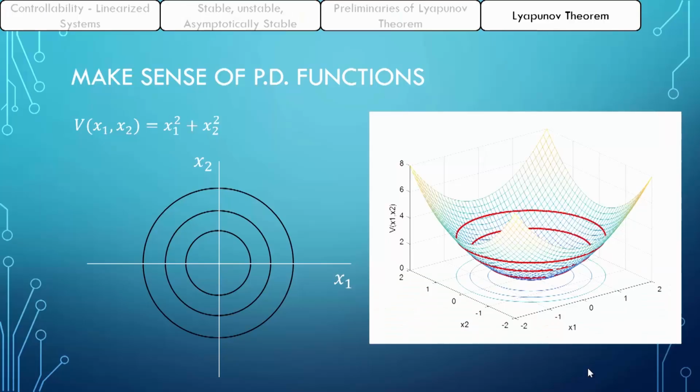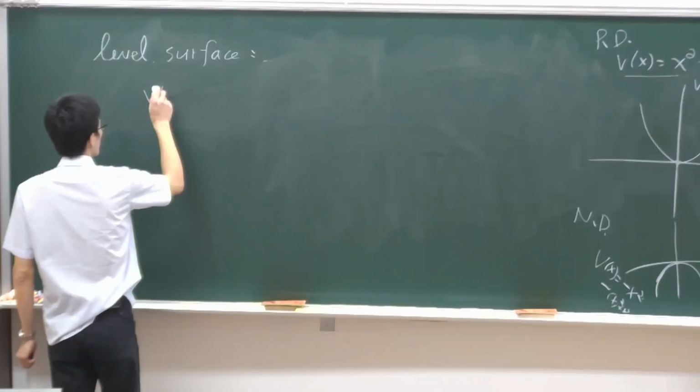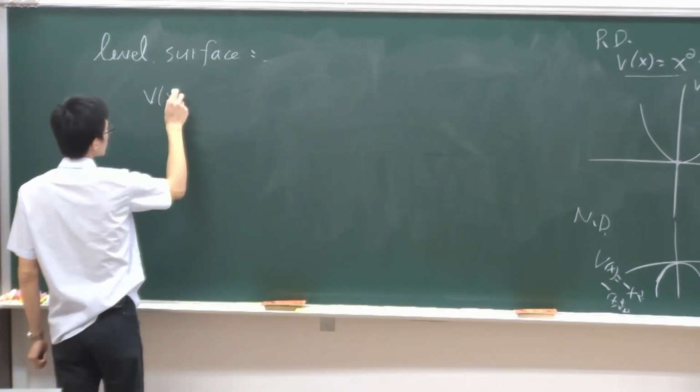So these three here are circles because of this function. It's symmetric. So it's 3 circles with different radius. So it's kind of like it takes a slice at different heights of this function. You get these 3 different contours, right? So what does this mean? This means that, if I define some v function,